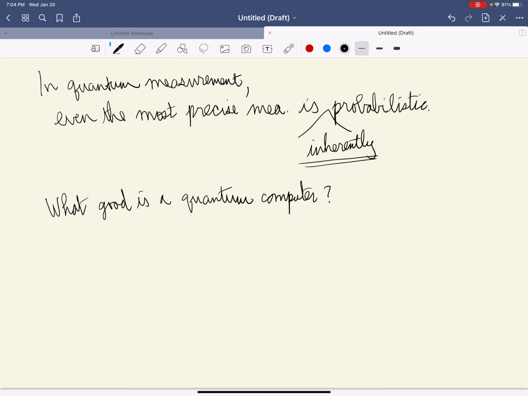And the reason why that is the case is because if you ask a classical computer to do the same calculation, it would take possibly millions or even billions of years until the classical computer finds you the correct